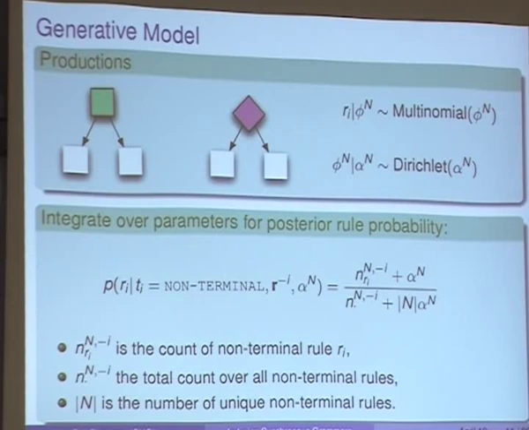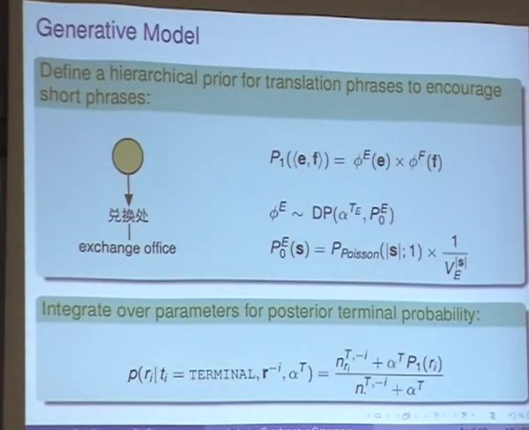So suddenly things become a lot more tractable. And that's why this approach is useful. The second distribution, which is a little bit more complicated, is this omissions distribution. So this is where we're actually producing translation phrases. And here we use a bit more sophisticated statistics. And we use this idea of hierarchical Bayesian models.